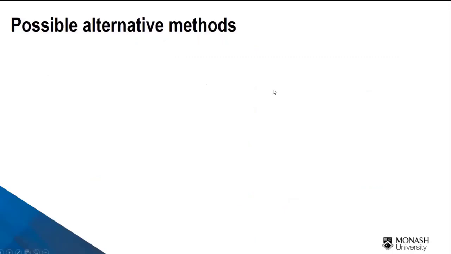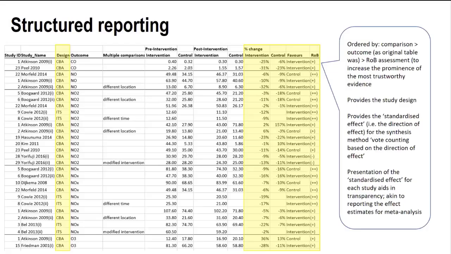So what else could they have done in this review? What are the other possible options that we could apply here? Well, one thing that we could do is it's always incredibly helpful to use structured reporting. So we've taken some of the data that they had in this review. Similarly to what they did, we've ordered this table by comparison and outcome, which was as was originally done, but we've also ordered by risk of bias assessment to increase the prominence of